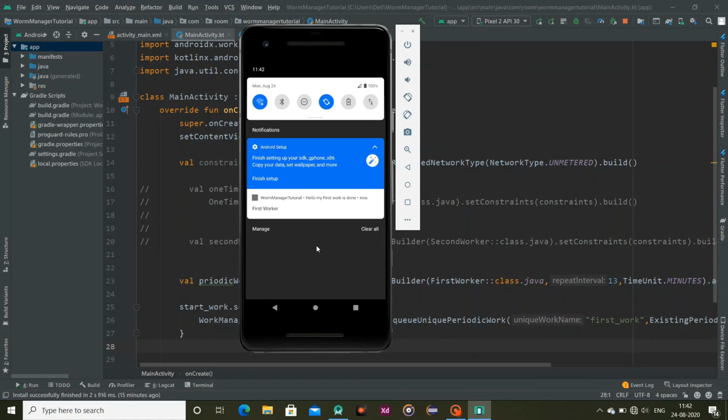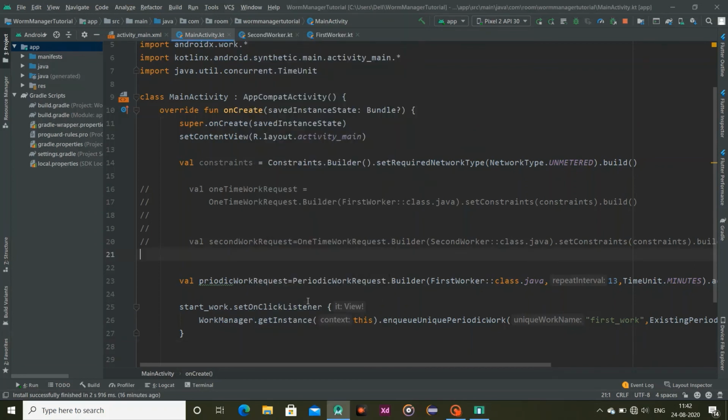Okay, you can see here our request re-performs again after 15 minutes. I provided a repeat interval of 30 minutes here, and it performs after 15 minutes. So at least you have to provide 15 minutes for our periodic work request to re-perform again and again after 15 minutes.